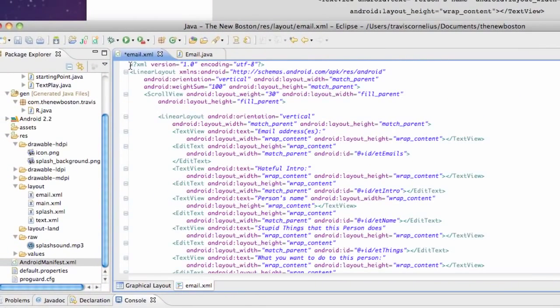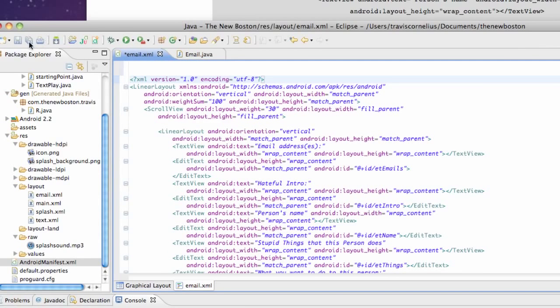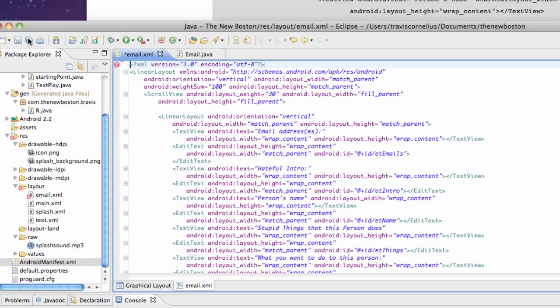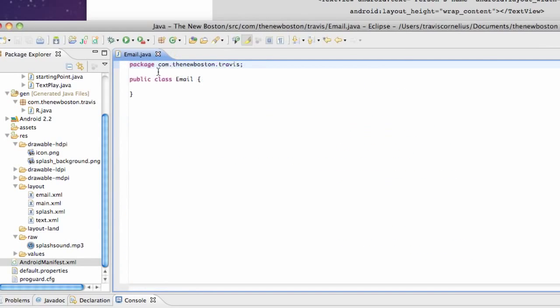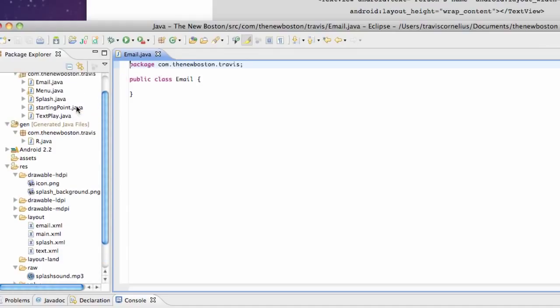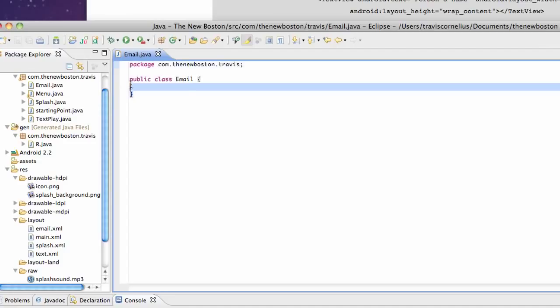If you guys get an error, like if you save it after you got done copying and pasting, basically you're going to get an error like this if this line is not on your first line of code. So make sure there's no spaces above that first line, and then just save it, and it should get rid of that error. Now open up your email Java class, and what we're going to do is delete